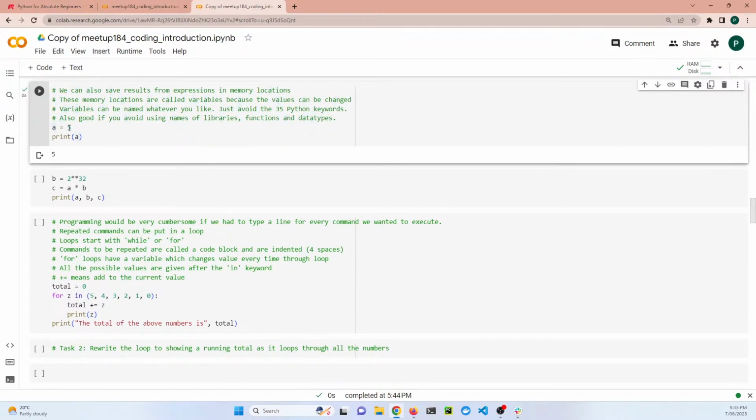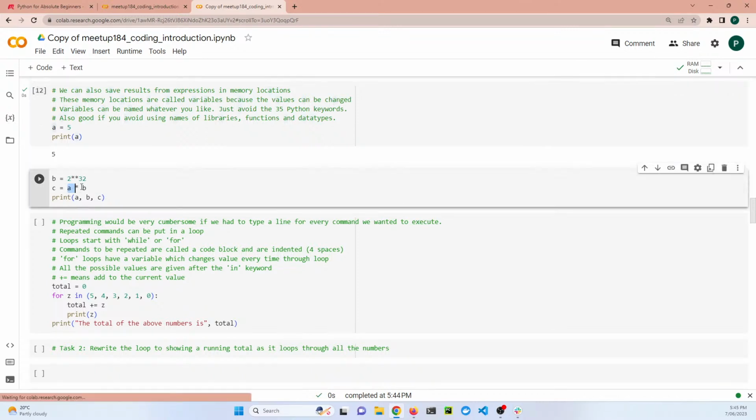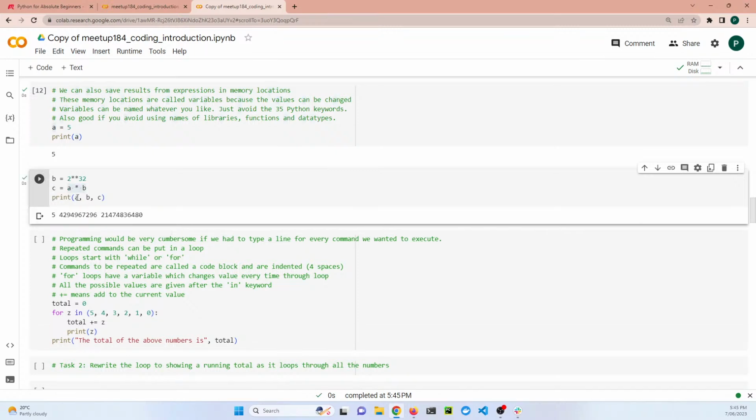Now that's just storing a straight number in. We can do arithmetic expressions like 2 to the power 32, or even an expression in terms of other memory variables. So remember, A is 5, B is 2 to the power 32, so C will be 5 times 2 to the power 32. And let's print out what A, B, and C are. A is 5, so it remembered the memory location